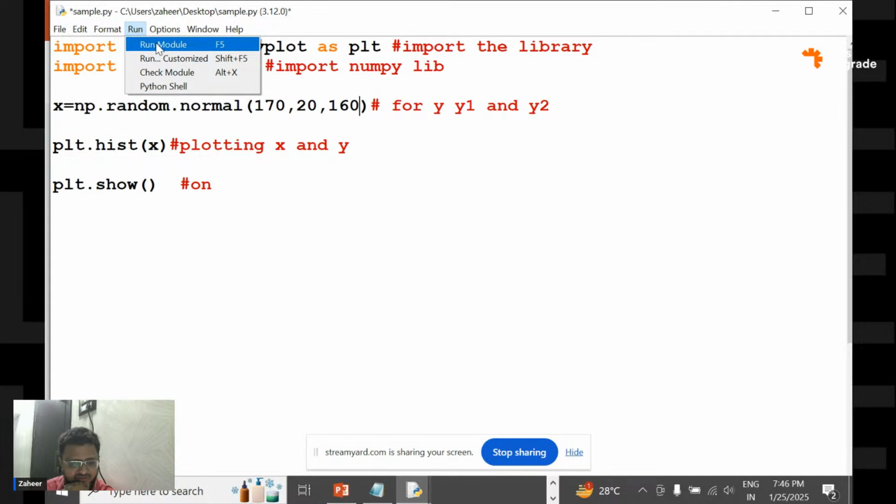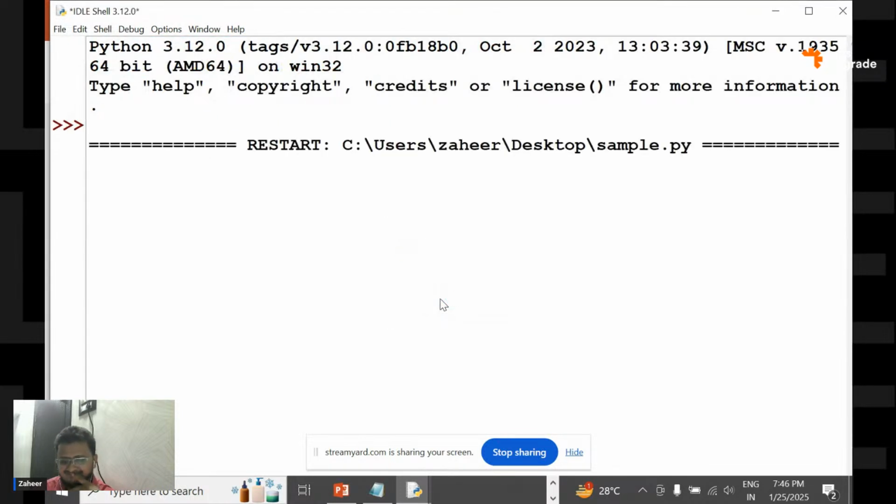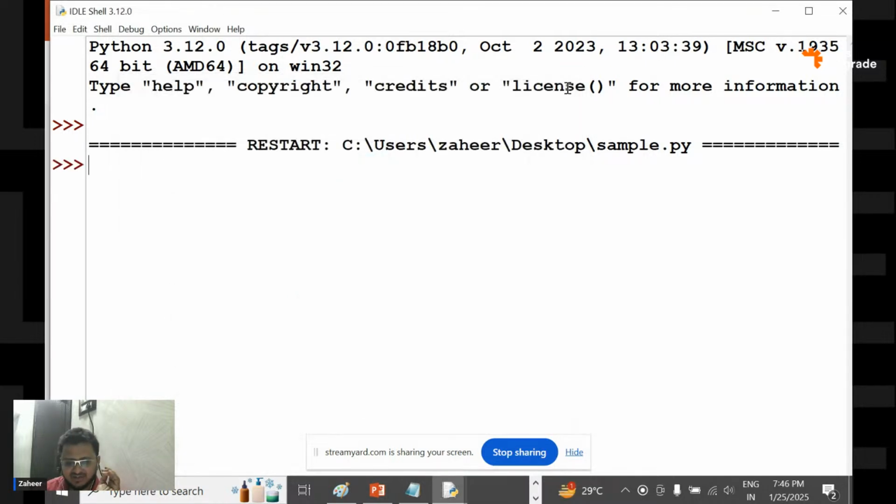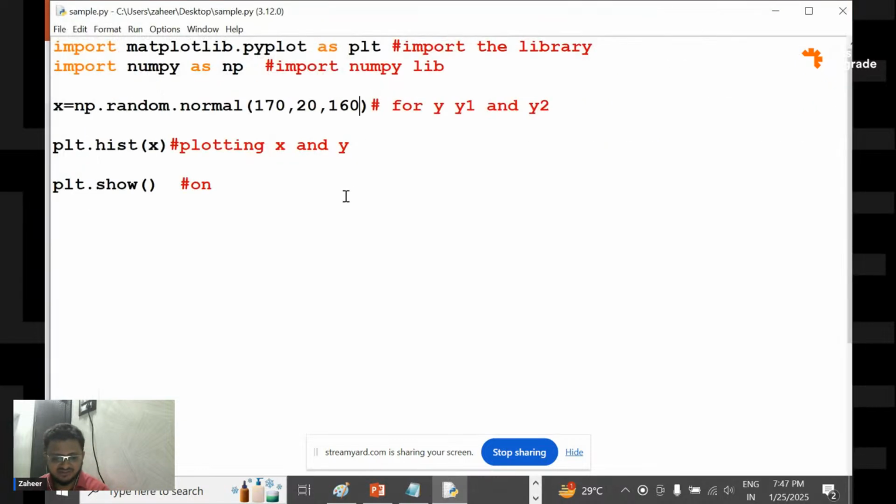So let me run this now. Can you see this? This is what the histogram is. I hope you're understanding this. I'm going very fast because there are only 15 minutes remaining. So let me move to the next part now. After this, we'll be talking about how to draw a pie chart. For the pie chart, I will take one more value here, say like 15, and let me take this as